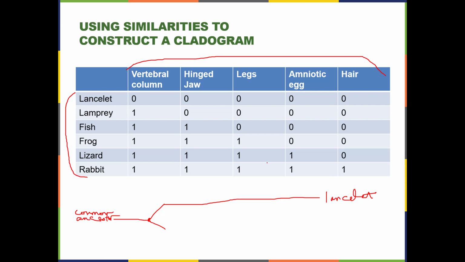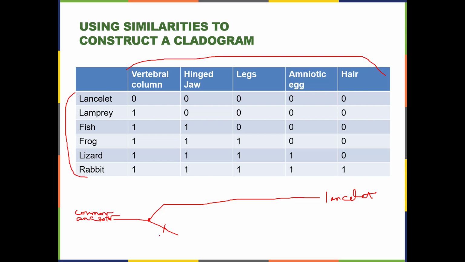Now, everything else on the chart has at least one or more of these traits, meaning there are changes that happened in the tree over time that led to these different organisms. So the first change that happened is going to be the one that most or all of the organisms have. So look for what trait. Do most of the animals have hair? No. Do most of them have an amniotic egg? No. So look for the one that most of them have, and that's going to be the trait that goes early on the tree. So you mark the trait on the tree, not at the node, because the node represents a group of organisms, but you mark the trait as sort of a point that the organisms go through